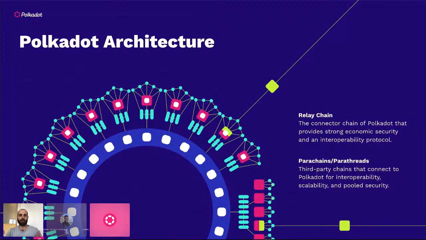There are also parathreads. If you don't have to be a whole blockchain for your application, a parathread is not a per-block basis connection. If you have a lighter application, a parathread may be a little bit more useful for you. Or bridges. Already existing blockchains could bridge to the Polkadot relay chain. They don't have to be a parachain or a parathread. These are things like Bitcoin or any other type of, let's say, threshold cryptography chain that's being developed on the side that wants to take advantage of the ecosystem that Polkadot is enabling.